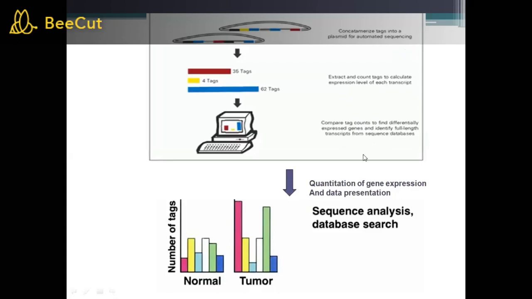Based on this tag, we can find the sequence of that full-length transcript. Then comes quantitation of gene expression and data presentation, so we can see which genes are expressed in normal cells and which in tumor cells. Such quantitative gene expression data we can get from the SAGE tool.